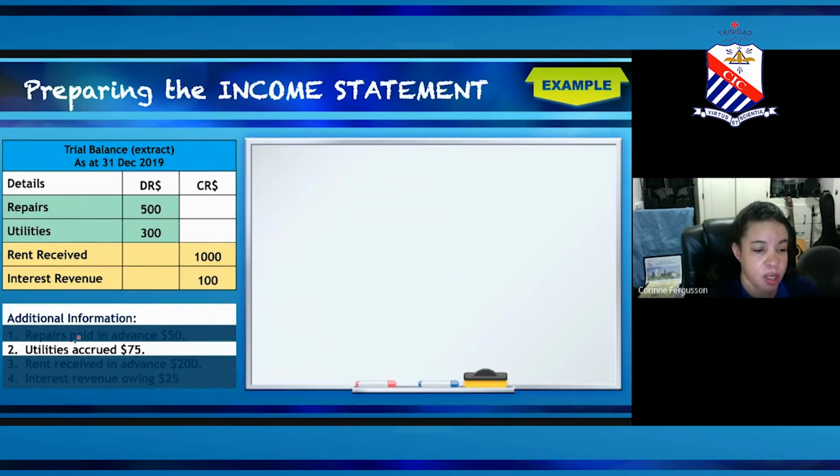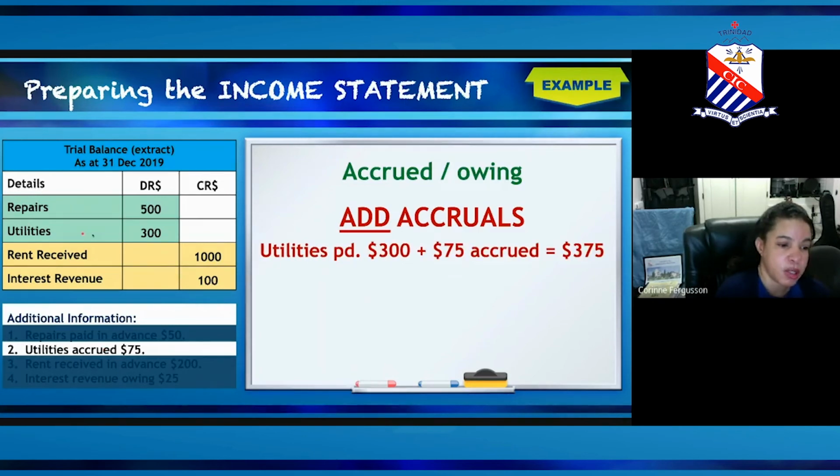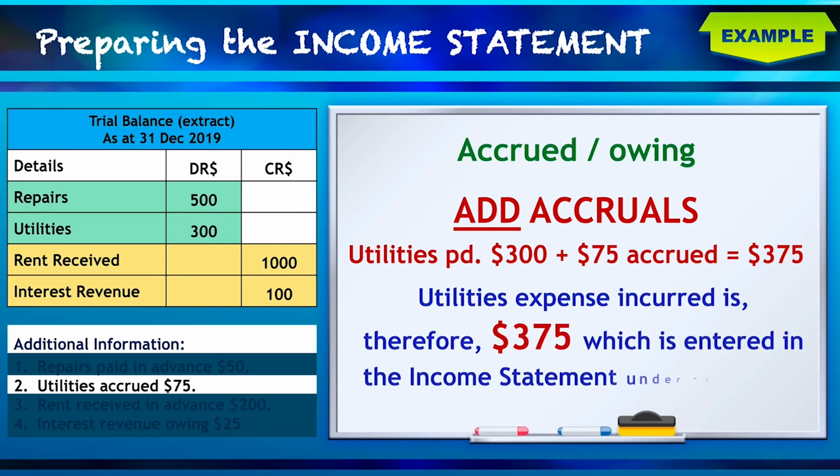Utilities accrued. What is accrued? It's an accrual. What do you do with accruals? You add them. You add accruals. You're AA battery man, right? So add accruals. So what you're adding the accruals to? The amount paid, which is in your trial balance, $300. This amount paid, you're adding your accrual. How much is your accrual? $75. So when you add that, you get $375, and that is the amount that is incurred and goes into your income statement,